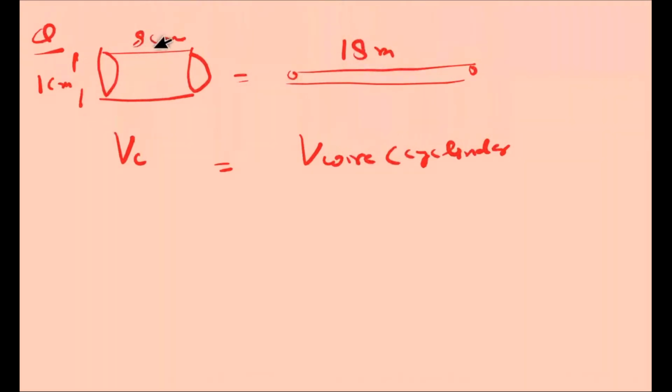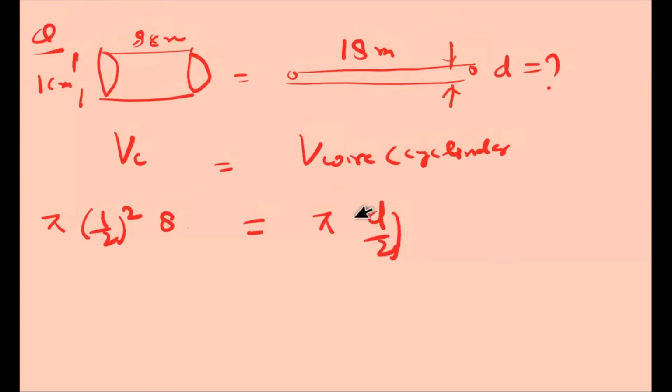Units you have to check. It is centimeter and it is meter. Find the thickness of the wire. Thickness means diameter, so let this diameter be d, we have to find it out. So the volume of the cylinder is pi r square h, where h is 8 centimeter. Radius is 1/2 centimeter. Now it is all in centimeter, so we have to change it also into centimeter. Similarly, pi r square h with d, we have to find in centimeter.